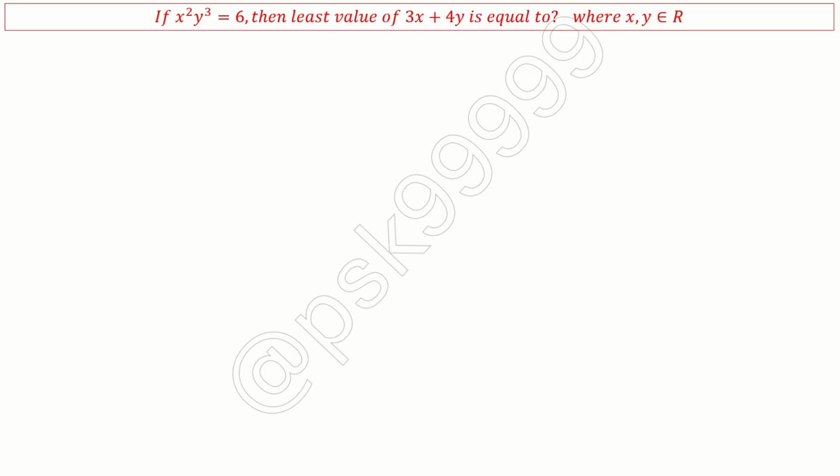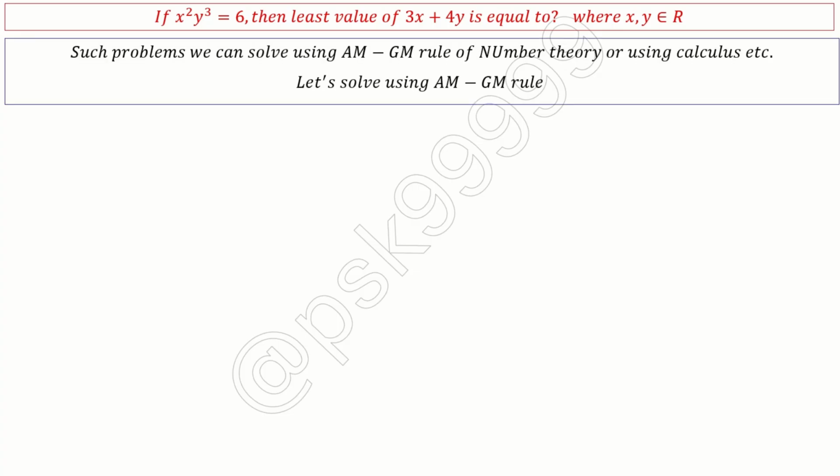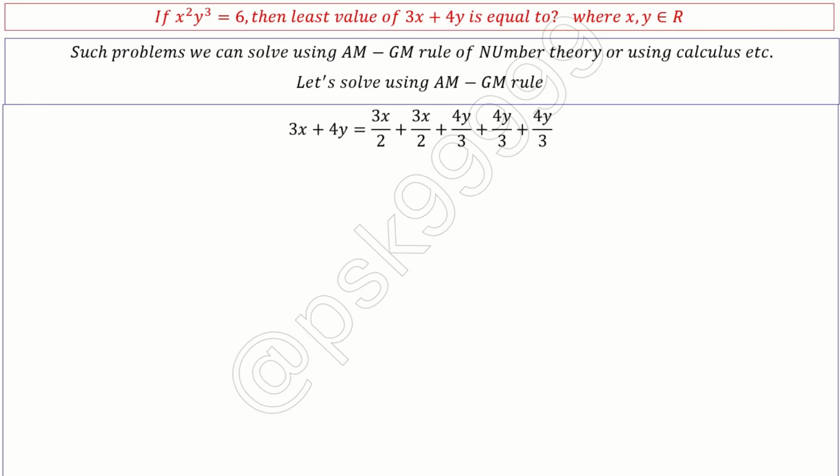In Olympiad, we don't want to use calculus as much as possible. So I'll use the arithmetic mean greater than or equal to geometric mean method. Let's solve using the AM-GM rule. 3x plus 4y I can write as 3x by 2 plus 3x by 2 plus 4y by 3 plus 4y by 3 plus 4y by 3. Why did I choose by 2 for 3x and by 3 for 4y? Because I have a